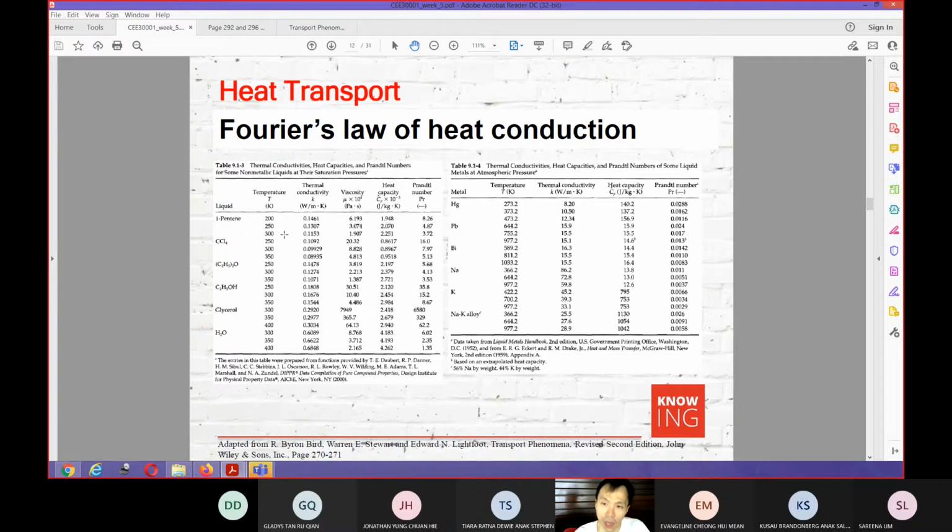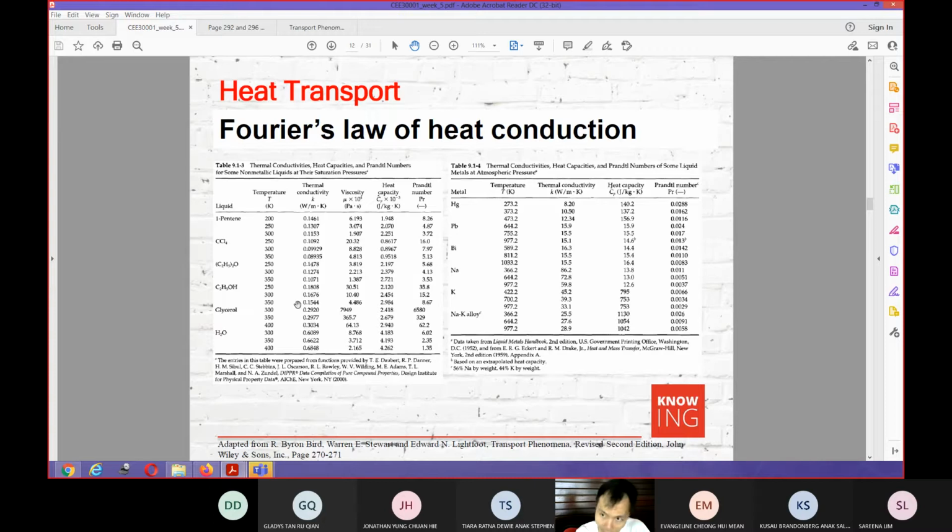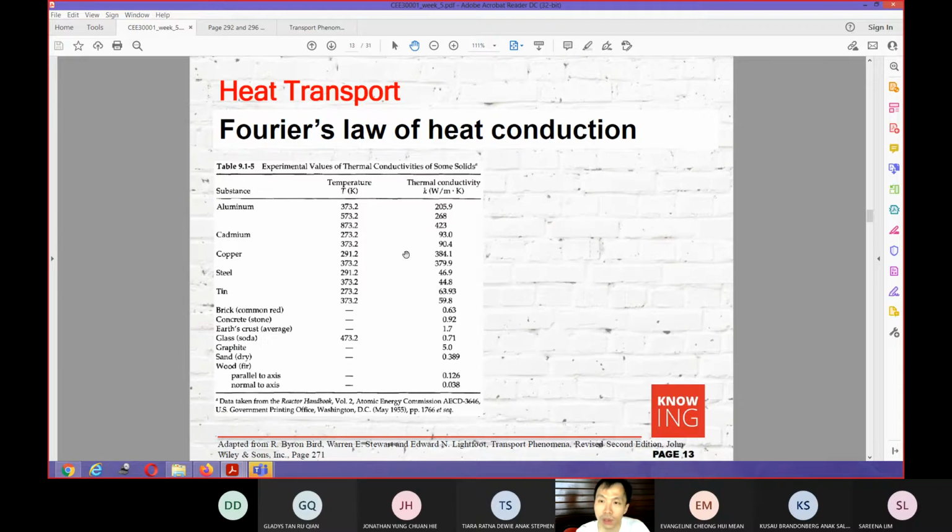Okay, and this can be described the same way as what we discussed for the viscosity as well. And then you can see that the thermal conductivity is quite different. So for example, for gas, it's considered small. For the liquid, it's a bit higher. And it will be higher for the liquid metal. And then you also have solids that have a very high thermal conductivity. But also for some of the solids that serve as insulators, of course the thermal conductivity will be very low.